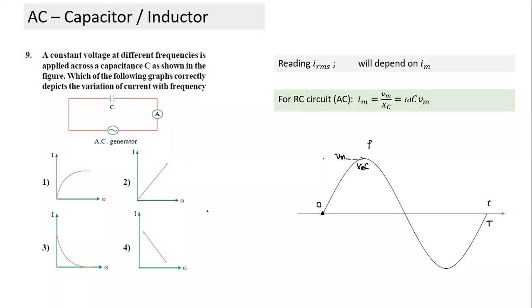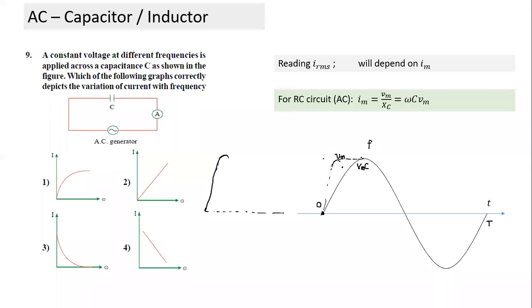Now, if I connect another AC supply source, which has the same amplitude, but frequency is double. Can I draw the shape of the curve with the frequency double? This height of the curve will be the same. If frequency is double, the time period will become half. So this curve will get confined into this shape. The voltage curve will look like this.